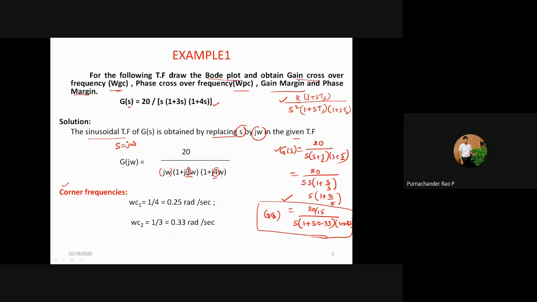So for our problem, if we take this problem, omega c1 will be equal to 3 and omega c2 is equal to 5. This is in radians per second, this is also radians per second. So increasing order we need to take, that is omega c1 and omega c2. After that,